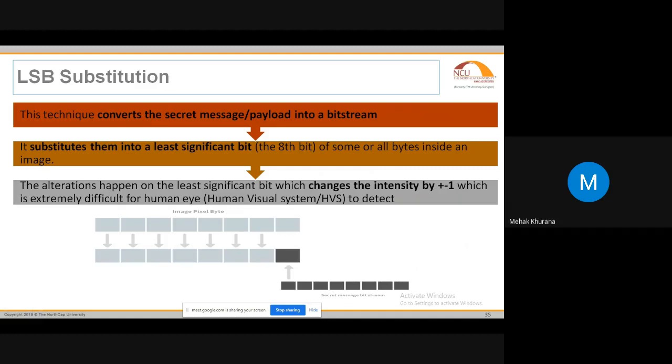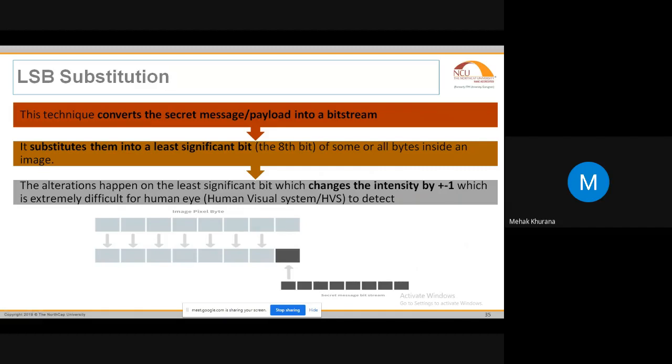So what I'm doing here, this is for a black and white image, is selecting one of the bits in the message and replacing a bit of the image with my message bit. The intensity of the image is changing by +1 or -1. Why are we calling it +1 or -1? Because, as I've told you, bits are in the form of 0 and 1. So this is the least significant bit, which represents 0 or 1.